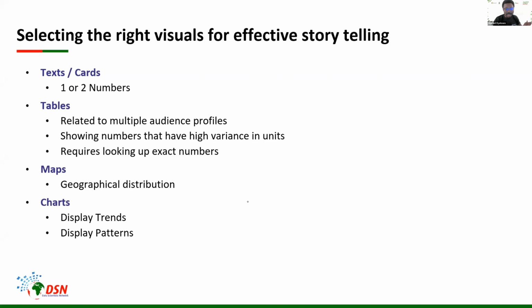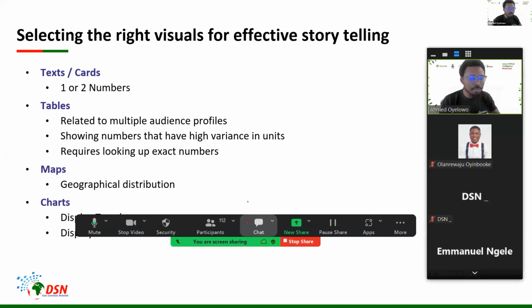Then we'll also have maps visualization, and we'll use maps when we have to present something that has geographical distribution. Now, I have intentionally used the word distribution here because maps can also be abused sometimes. Because in as much as we are talking about visualization, the right visuals, effective storytelling, we want somebody to understand the information we are trying to pass across. And we also want to remember that we are playing to a script. There is already a script that we are trying to produce, and we must not deviate from that script.